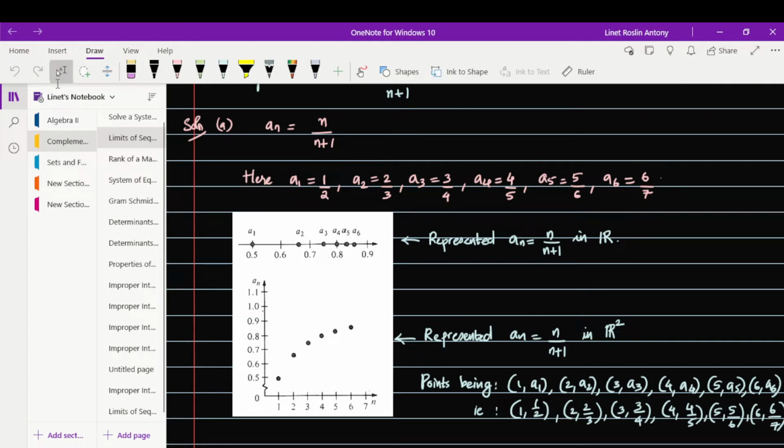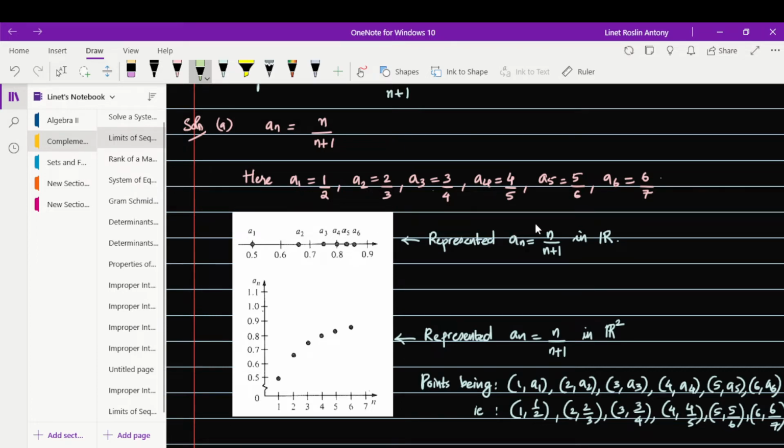A4 is equal to 4/(4+1), which is equal to 4/5, and A5 is equal to 5/(5+1), which is equal to 5/6. A6 is equal to 6/(6+1), which is equal to 6/7. So we got A1, A2, A3, A4, A5, A6, and we are asked to graphically represent the same in two